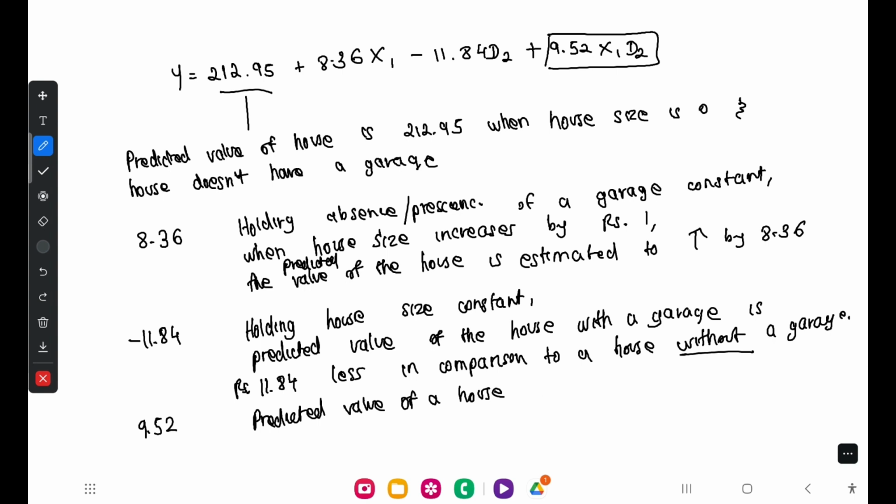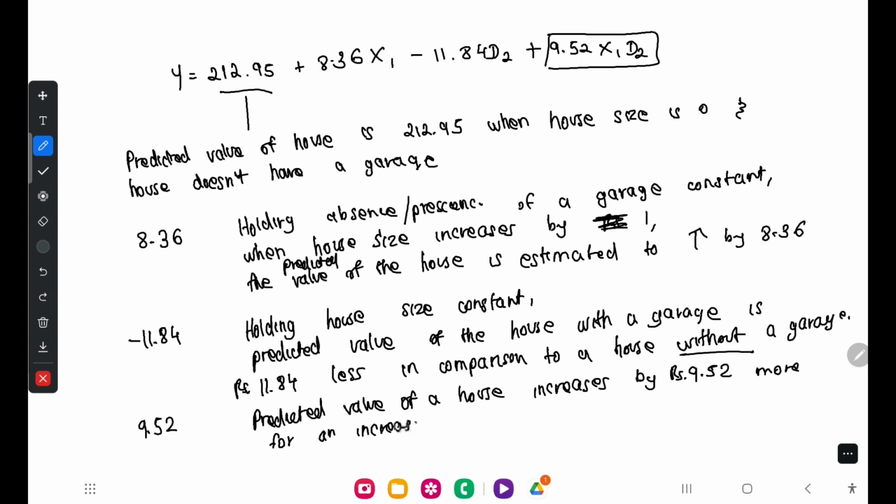Predicted value of a house increases by 9.52 rupees, 9.52 more for each 1 unit. Over here I have made a mistake, right? House size increases by 1. This is not rupees either, it should be square feet or whatever, not rupees over there. Okay, so the predicted value of a house increases by 9.52 more for an